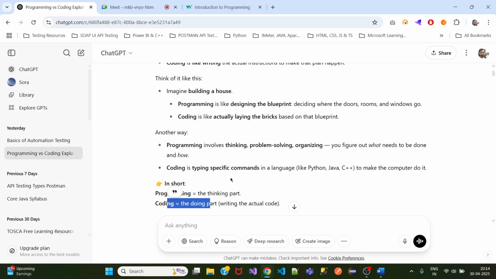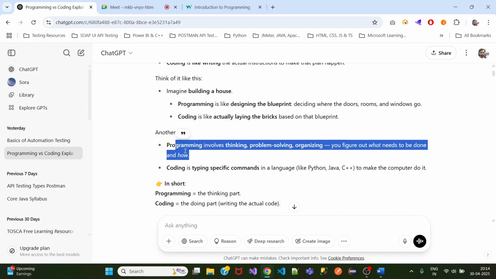So now we understand that APIs are used everywhere. And what is the difference between programming and coding? Now we understand. We take a lot of time in programming, not in coding. Coding takes very little time. Understanding, developing our skills, problem solving or thinking, organizing or making the flow correct, that is what programming is all about. It's not coding, it's programming.